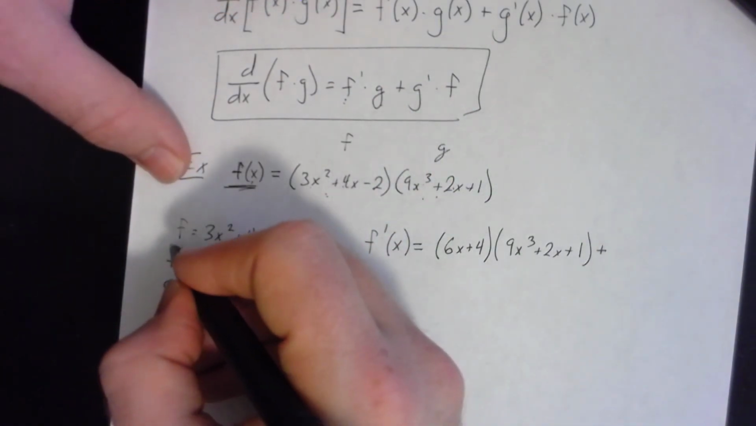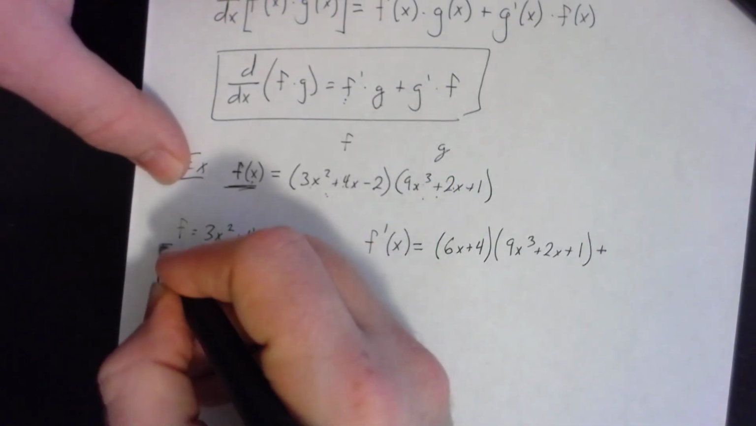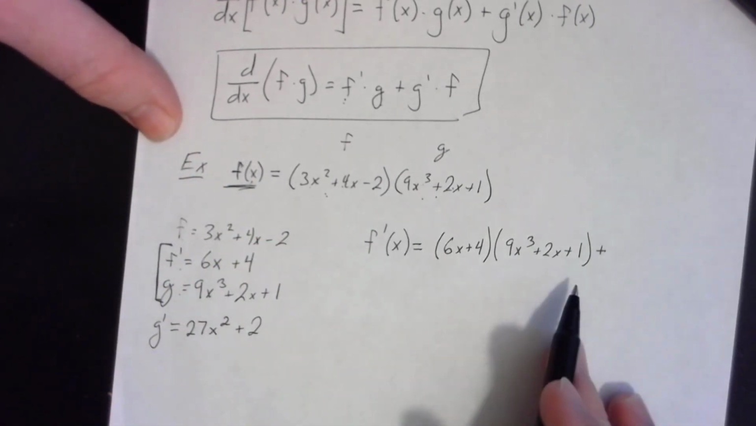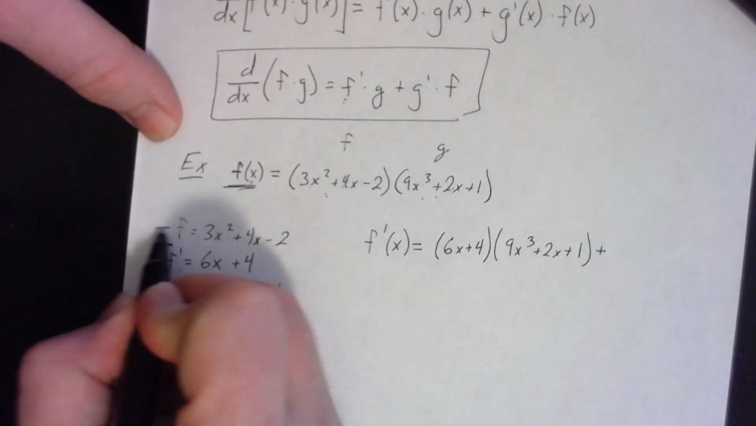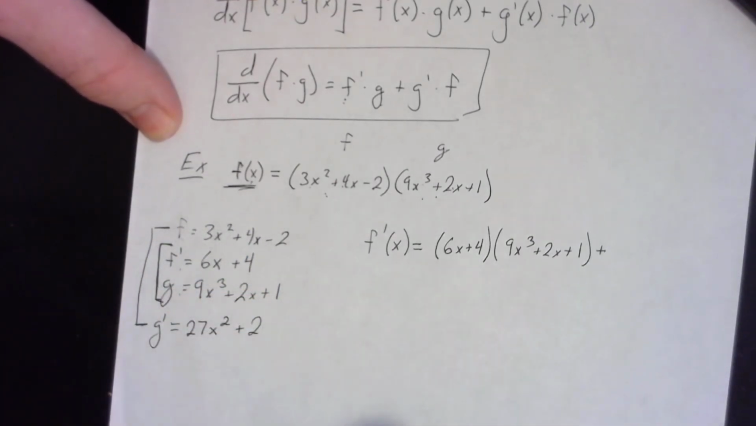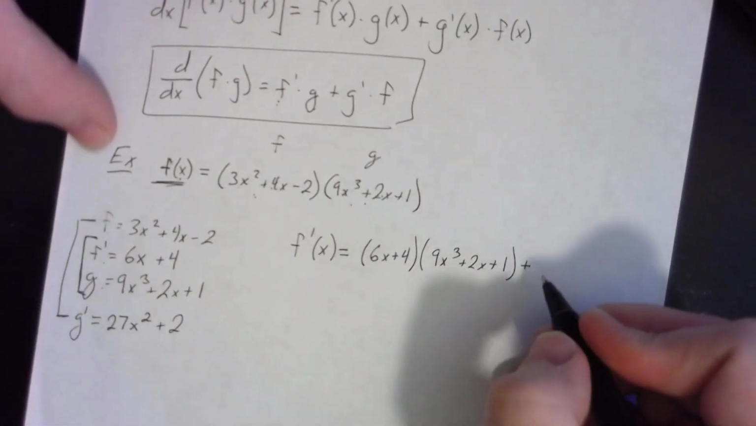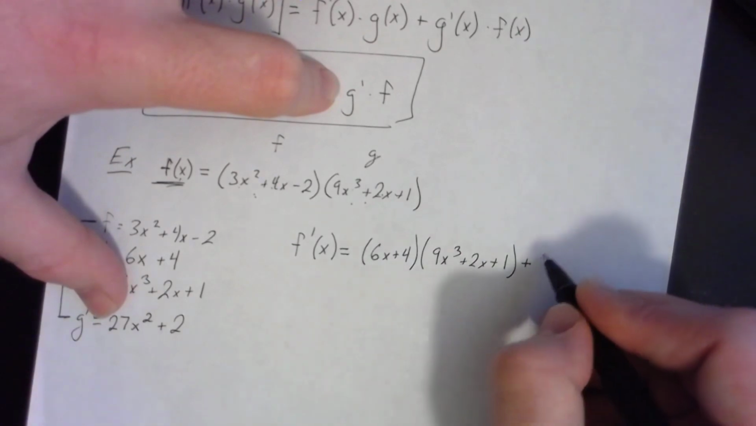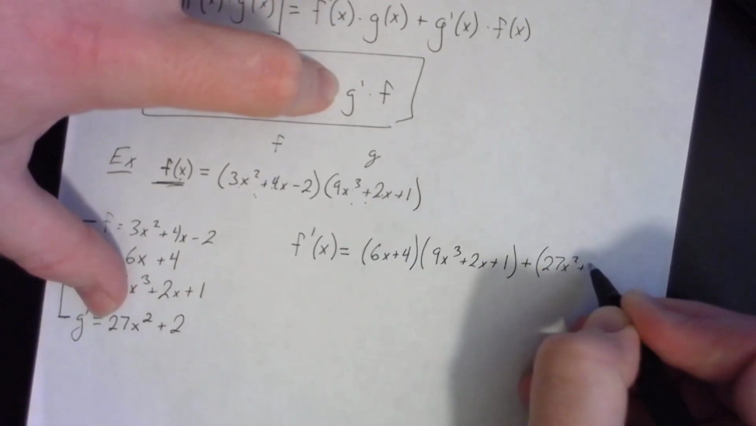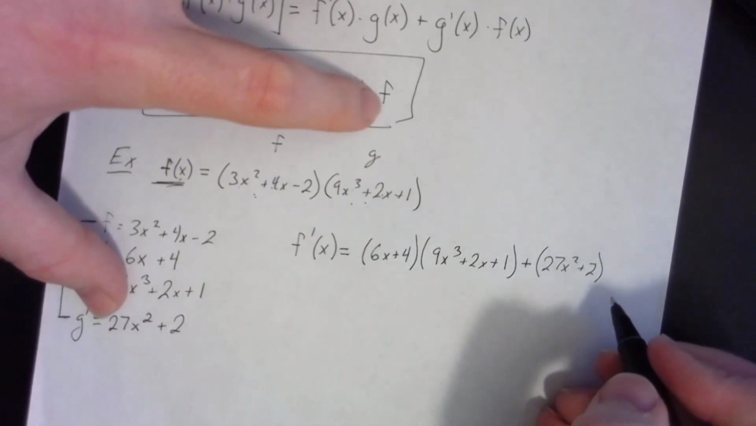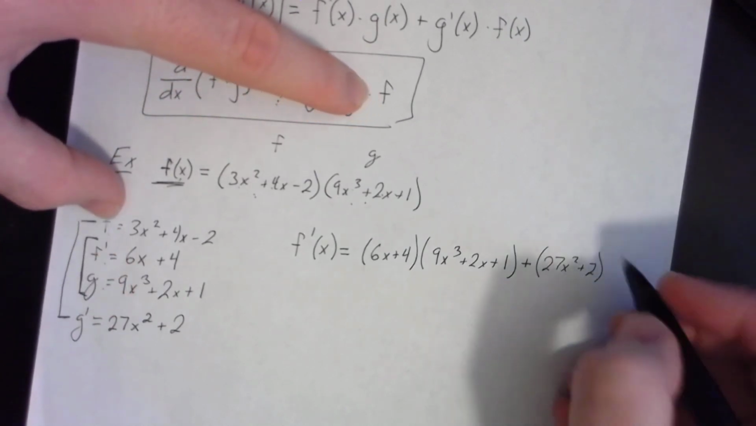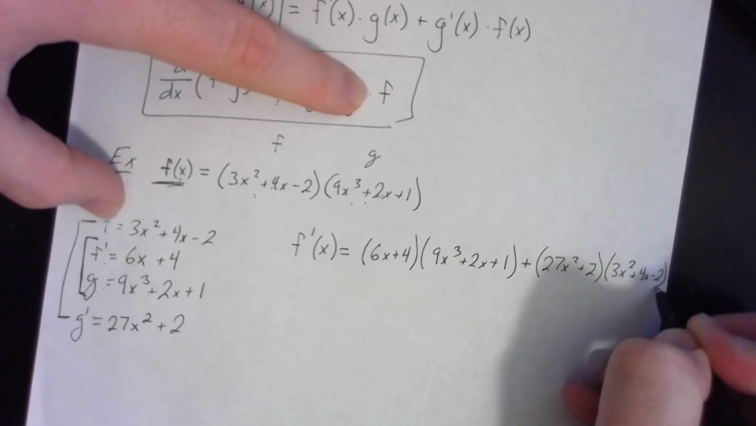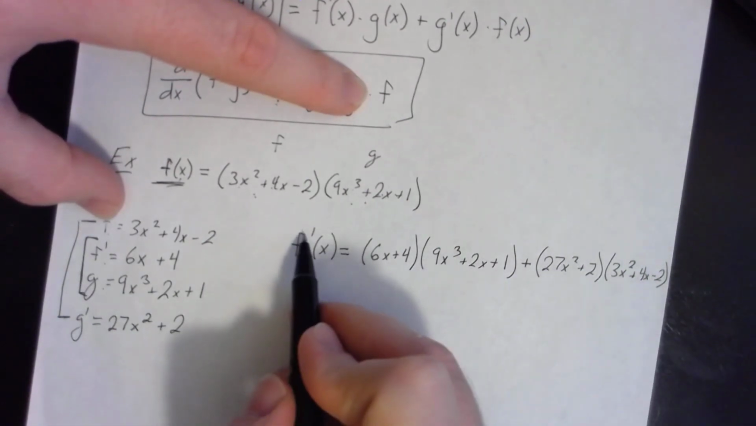Now if you'll notice, if you write the manipulations out this way every time, those two things multiplied together provide you with your first thing, plus, and then we're going to go ahead and take this f and multiply it by the g prime, and that will give me my second thing. So, to follow the formula, g prime is 27x squared plus 2, in parentheses, 27x squared plus 2, and then times f. F being, again, 3x squared plus 4x minus 2. This provides us with the derivative of f,